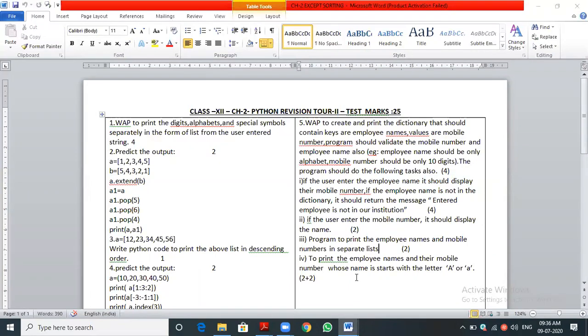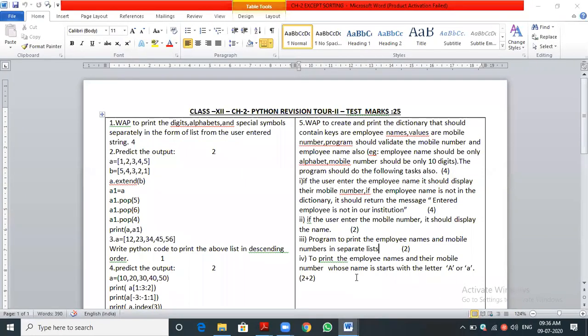Inside the loop, we have to write if I of 0. I of 0 means that is the first letter. I of 0 double equal to A, that is capital A, or I of 0, square bracket 0, double equal to small a. Because we need to check both the things.